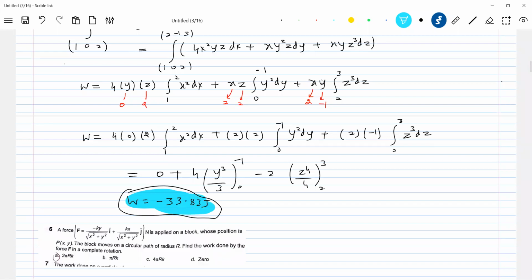So if you don't like this method, search any other method. That's all, no? There's a basic definition of this one. Say, what is work done? F bar dot s bar. The definition itself is saying you should integrate like this. Since we didn't bother to define it properly, we think that okay, something unwanted we brought in. There's a basic definition of work done. Are you getting all of you? F bar dot dr bar means there's a meaning. Since we know the formula F bar dot s bar, we think, okay, that is the end of the story. No, this is actually the meaning of F bar dot s bar or F bar dot dr bar.